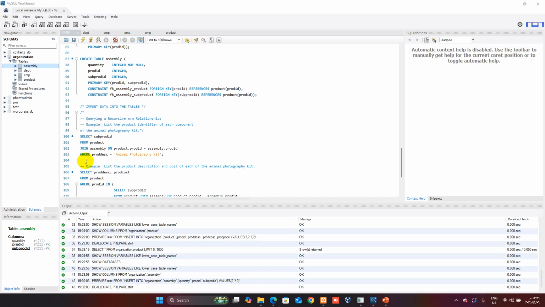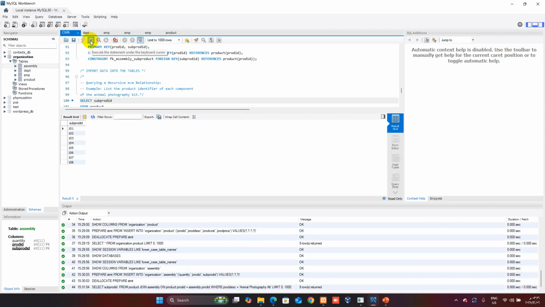and the condition here is where product description is equal to animal photography kit. So we are going to run this statement to see the result, and as we can see, the sub product IDs are listed here. Okay, so let's go back to the script